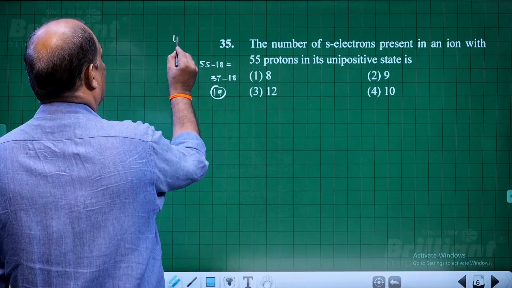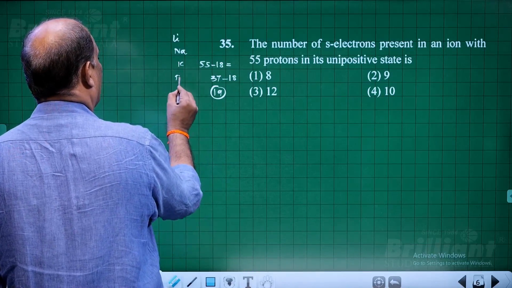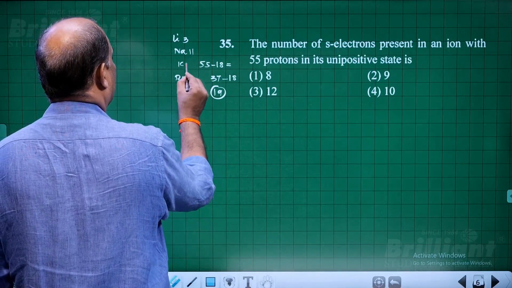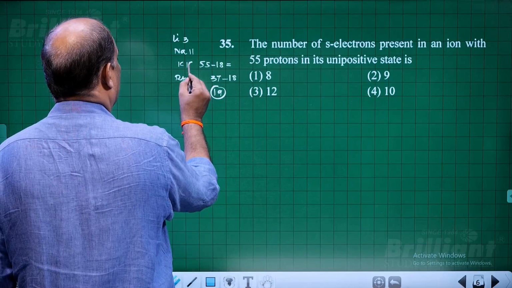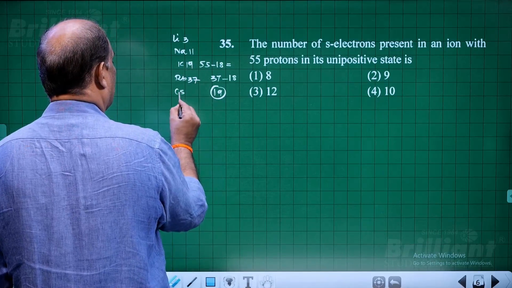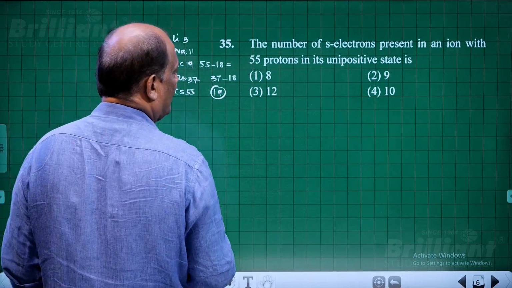So, lithium, sodium, potassium, rubidium. So, this is a 3, this is 11, this is the 19, this is a 37, this is about 55. So, here